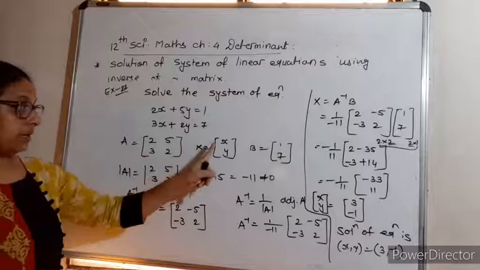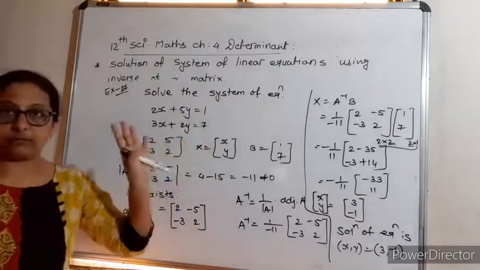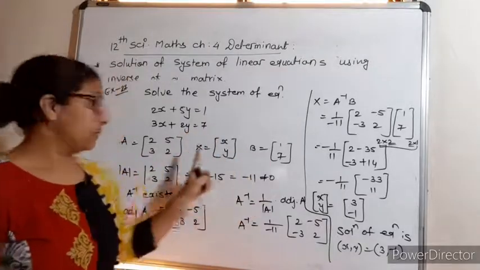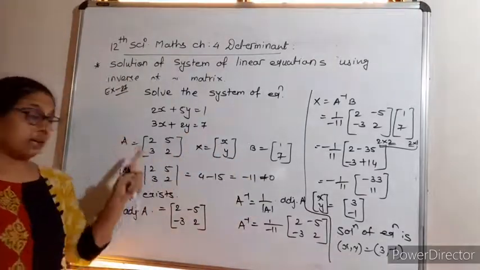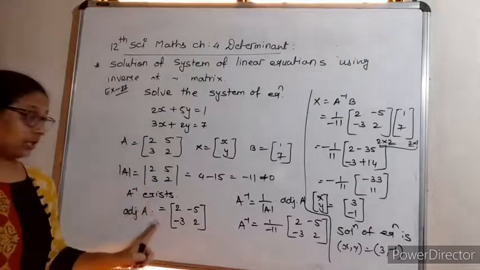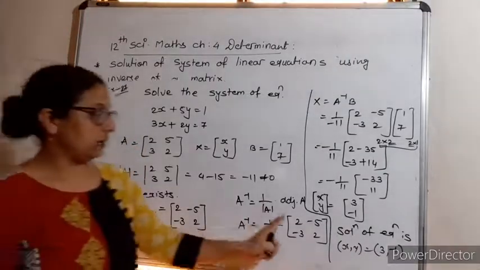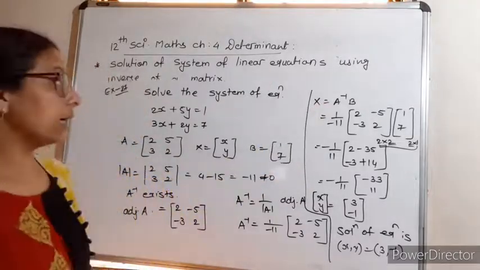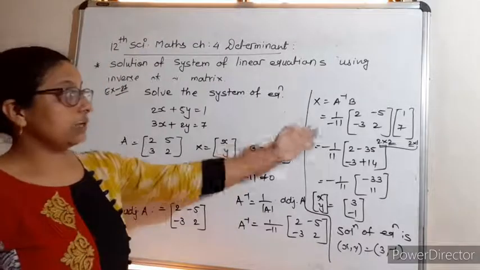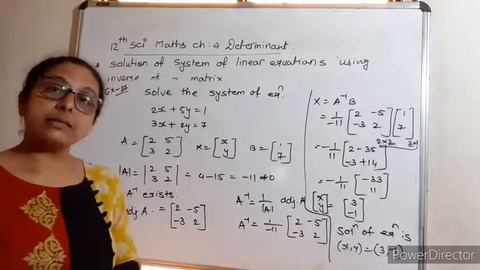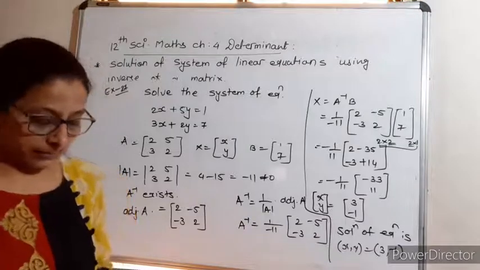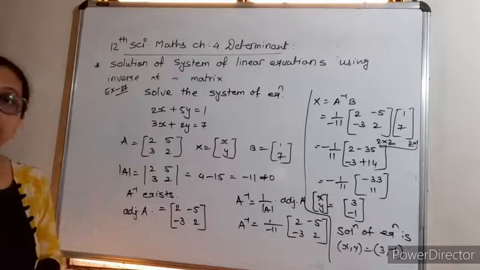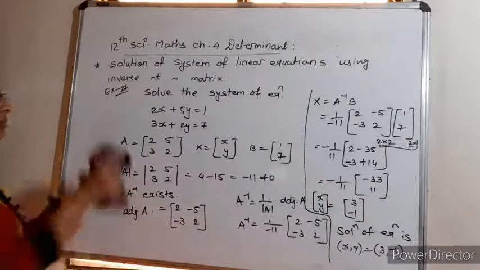In a matrix, x is x and y, the coefficients and variables. This is d1, d2, which is b. First we will find the inverse. For that, we first found the determinant, found the adjoint, and then A inverse. X is equal to, if you want to find x, we have the formula A inverse B. So we multiplied A inverse with B, and you get the answer. Understand the method? Yes, it is very easy. The same method applies here where 2 equations are given. The same method for 3 equations also.